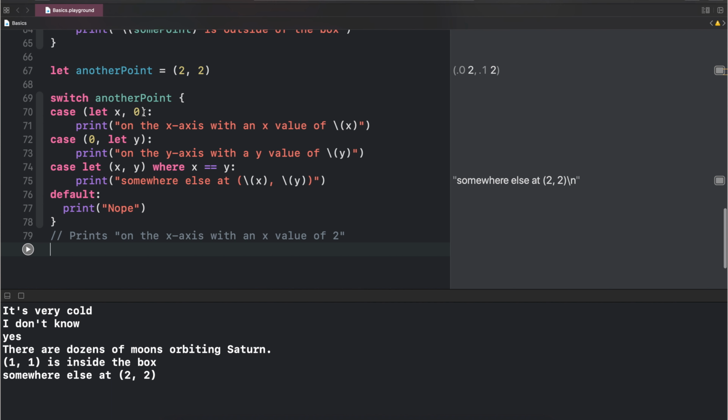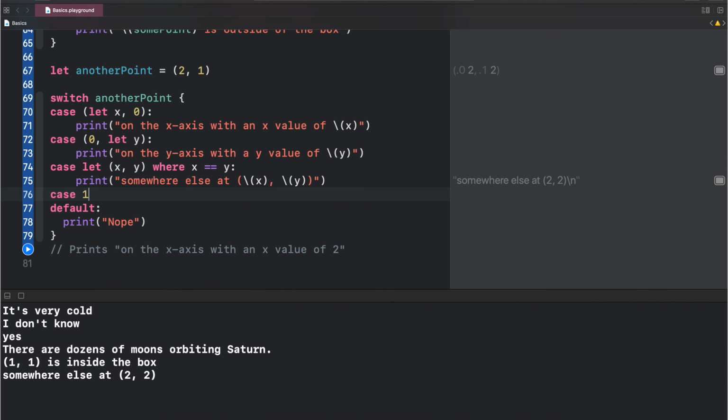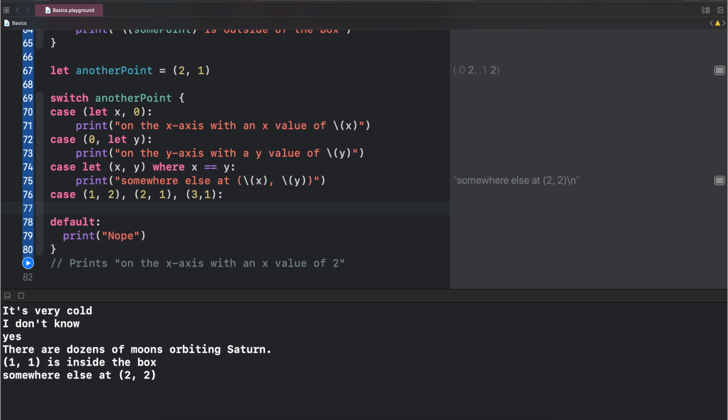For example, let's say this one is true, right? Okay, let's have another case. Okay, let's move that to this. So let's say case 1 and 2, or 2 and 1. Let's give that a space. Or 3 and 1. Okay, so compound cases is when we have, for example, let's say print